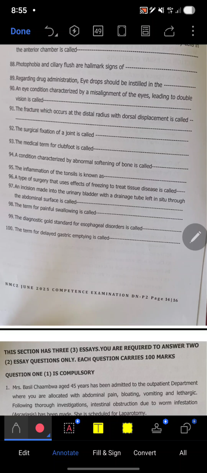98. The term for painful swallowing is called. The answer is odynophagia. 99. The diagnostic gold standard for esophageal disorder is called. The answer is upper endoscopy, also known as